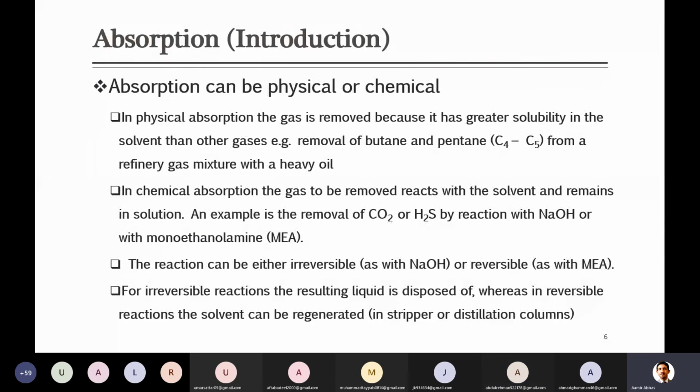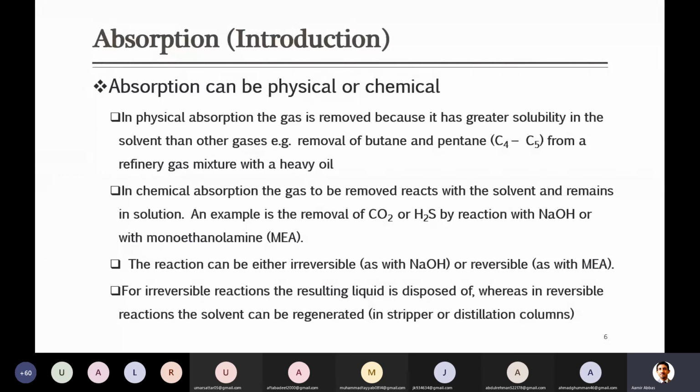But the reason is, yes, irreversible. If you are absorbing some of the gas and you are getting some species which is of good value, that can be sold at a higher cost as compared to your solvent, in that case it is definitely good to go for irreversible, because you will not need another equipment to get it separated and bring it back, and at the same time it is giving you something valuable. But in most cases, the products obtained are not that valuable as compared to the liquid which you are using for absorption.